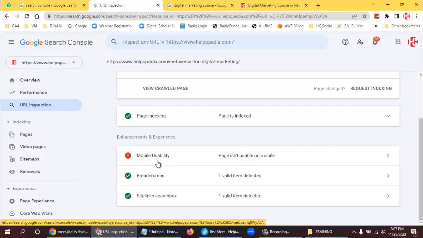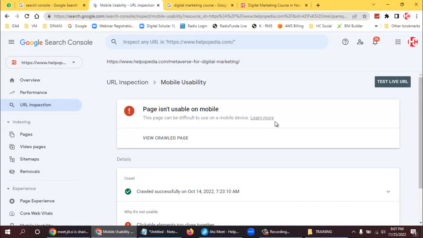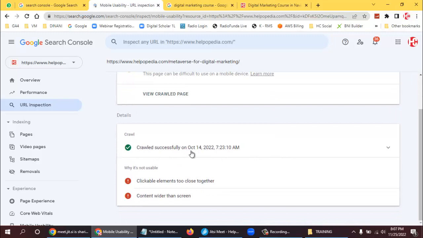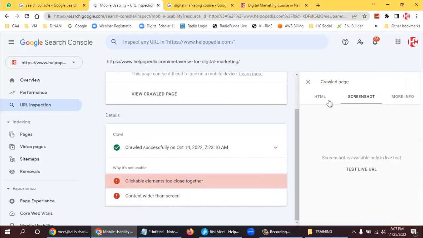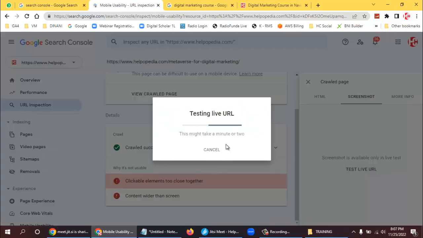Now I need to go and see what the problems are. I can click on this and see that this page is not mobile friendly. Crawled successfully on October 14th, and it says that clickable elements are too close. I click on that, and if I want to see the screenshot, it will even provide us with the screenshot of what exactly it is trying to say. Over here we can go to the root, find out each and every error, and resolve it. Clickable elements too close means that there might be multiple links which are very close together,